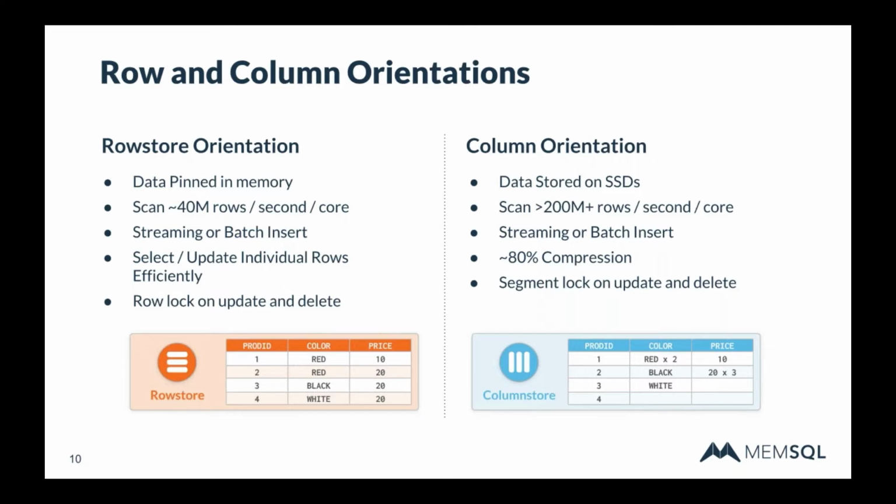With the row store, we can scan data at about 40 million rows per second per core to do a scan or a query, which may also include an aggregate. And that is really tremendous performance. And the way we get that is by compiling queries to machine code, and because we're using a lightweight in-memory data structure, which is much lighter weight to process than a traditional row-oriented data structure that you might have